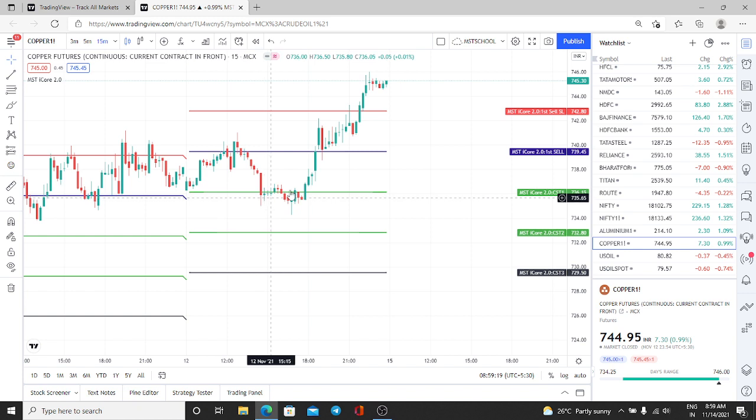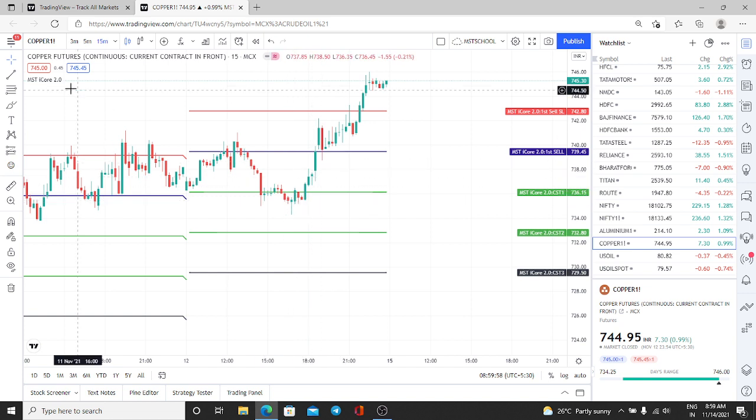First target achieved. Second time, see here, it is a very big bullish candle. This candle also closed above. Now we have to avoid this candle. And the third candle is a red candle. I told you, when there is an immediate red candle after the green candle, it is a confirmation when the low of that candle is broken. See here, the low is not broken. Now our sell entry has become the support. So with all those technical analyses, if you don't know how to do them, you don't do anything. Simply follow this strategy. Sell entry activated here, your target hit.